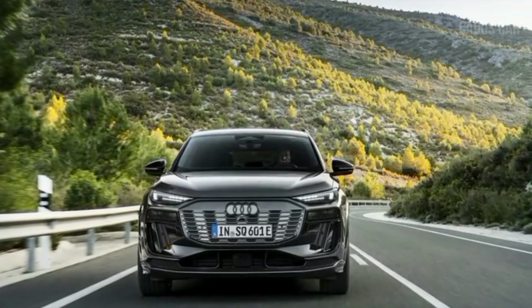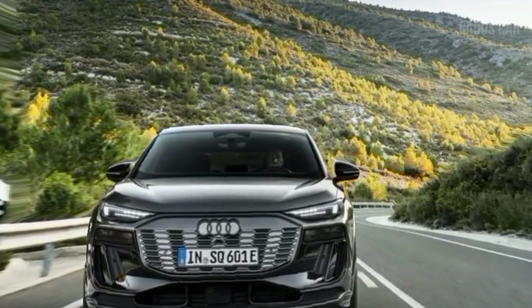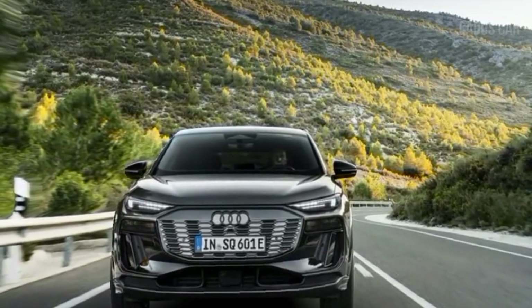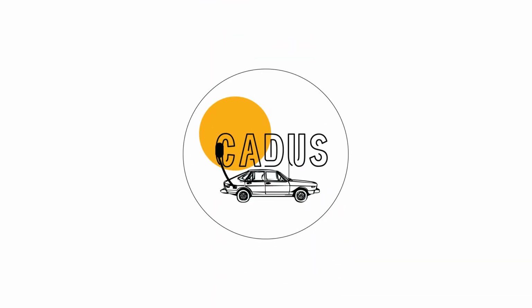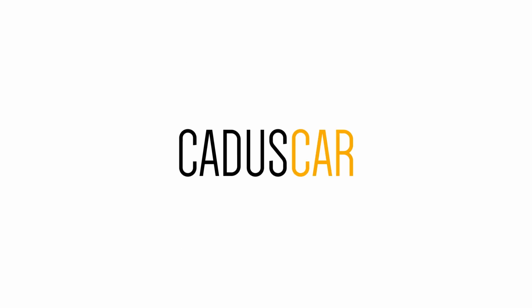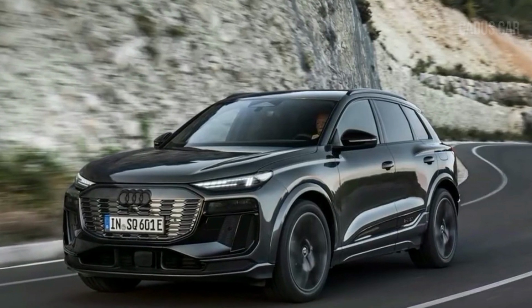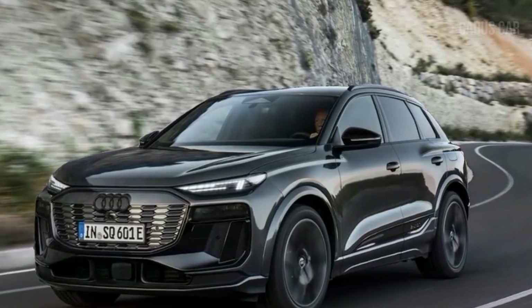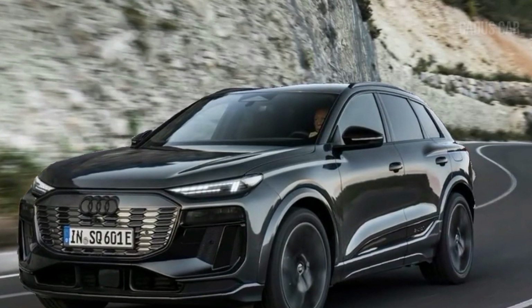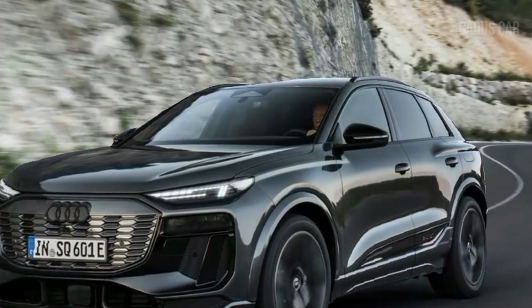Audi has finally unwrapped its new 2025 Q6 and SQ6 e-tron models, the brand's third series of electric SUVs that also represent several firsts for the manufacturer. The first Audi models to be built on the Volkswagen Group's Scalable Premium Platform Electric (PPE) platform, the first EVs to be produced at Audi's Ingolstadt plant in Germany, and the first examples of the brand's new cockpit layout and